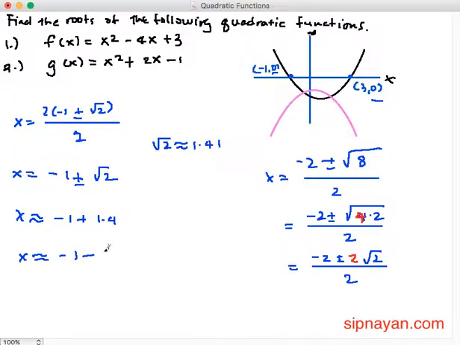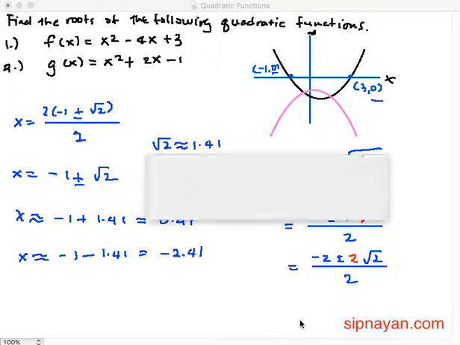So, pinag-iwalay ko, magiging 1.41. So, this becomes, what is negative 1 plus 1.41? That's 0.41. And this is negative 1 minus 1.41, which is negative 2.41. So, ibig sabihin yung x values natin ay x equals 0.41 saka x equals negative 2.41. Okay? So, pag tayo ay nag-graph using GeoGebra,